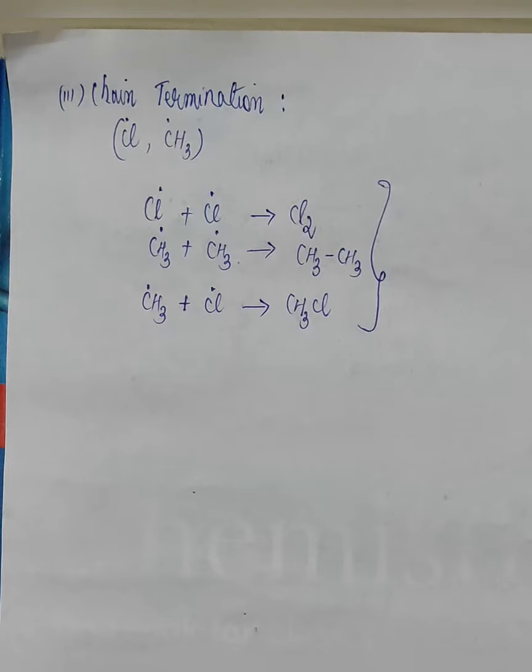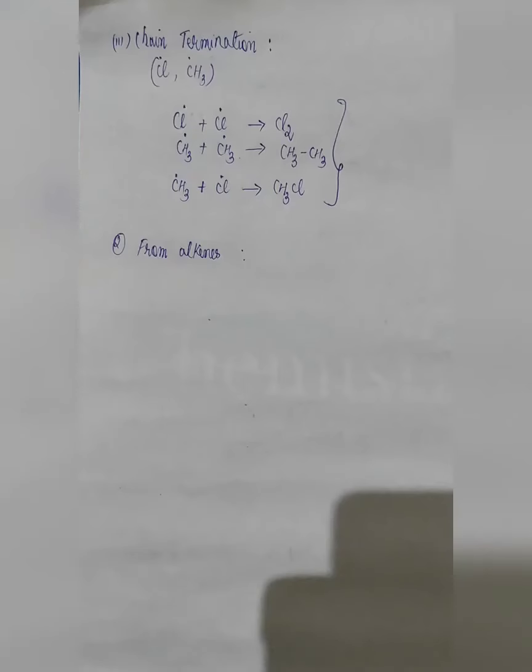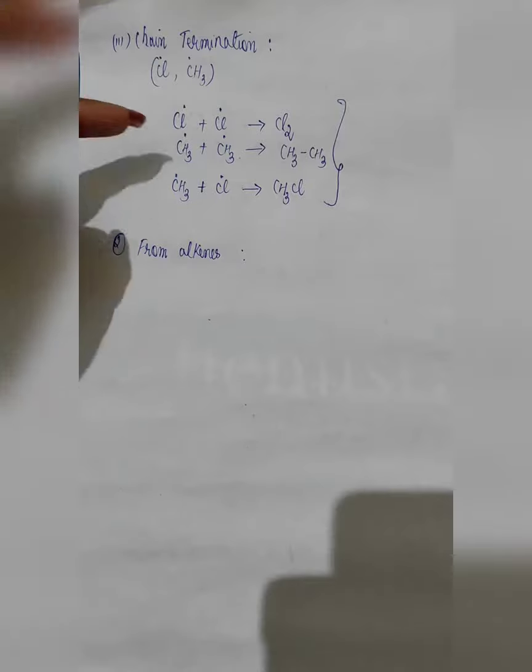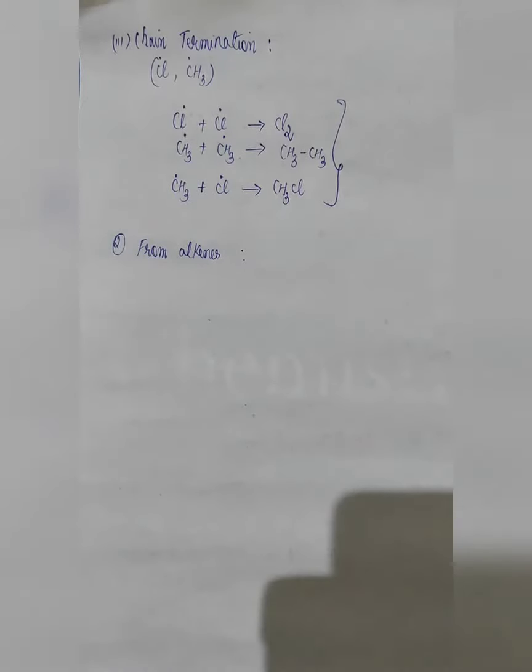Now it will be better, instead of the notes which is there in your copy, to write down this, because this is the proper format. In your notes, half steps are given and it is not even mentioned properly. Now under hydrocarbon, the second topic is from alkene: how haloalkane can be obtained from alkene. Now this is also not given in your notes, but it is mentioned in your textbook. So it will be better if you write this down under the topic hydrocarbon.